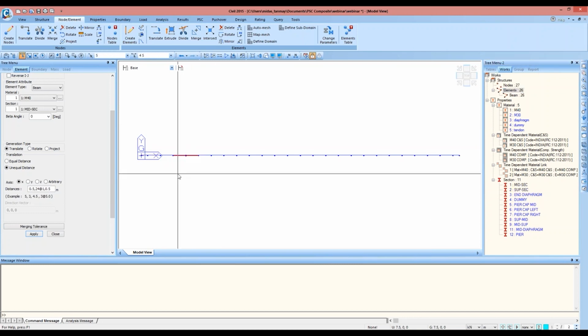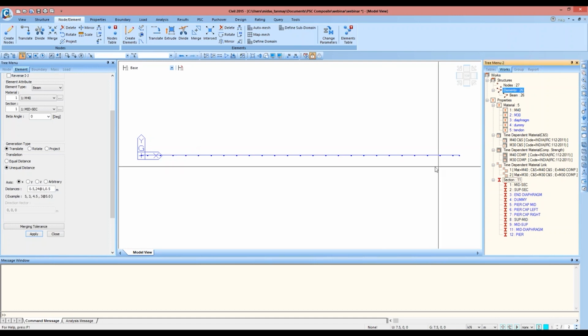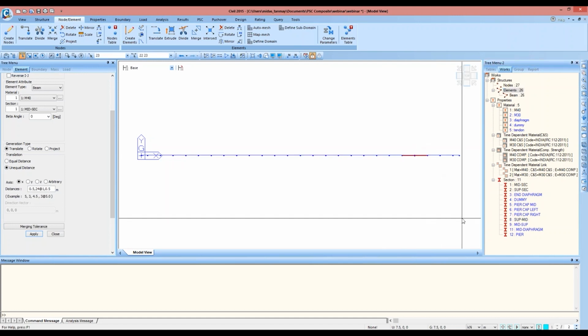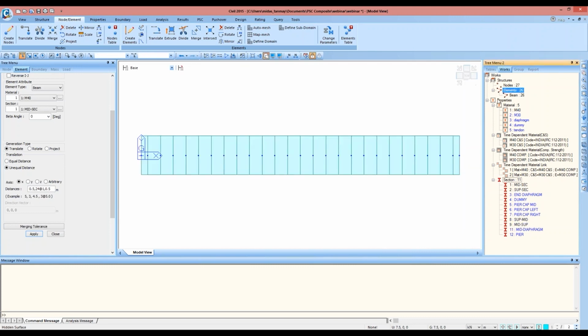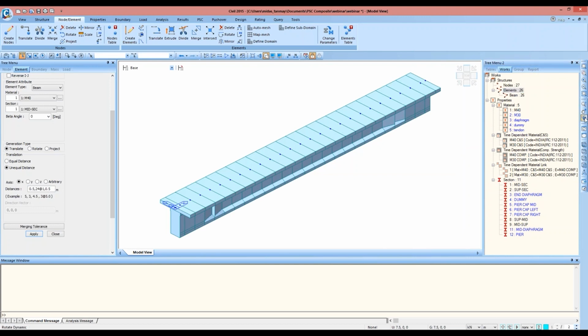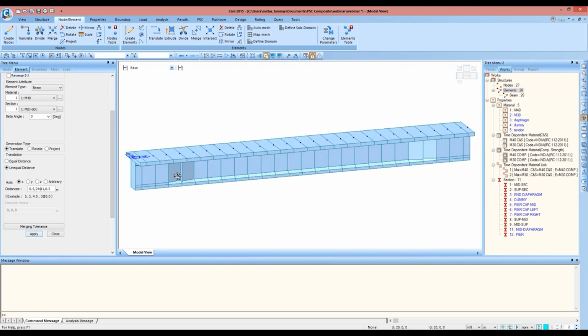Next I'll be selecting 2 meters and support to mid, drag and drop this section, mid to support, drag and drop. So now first girder is complete. As you can see, there are some irregularities here, so that will be taken care of when we'll define the tapered group.